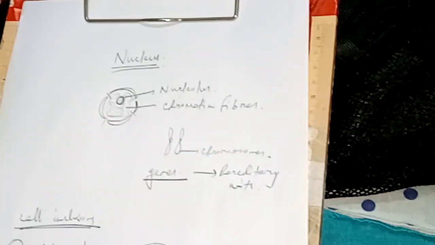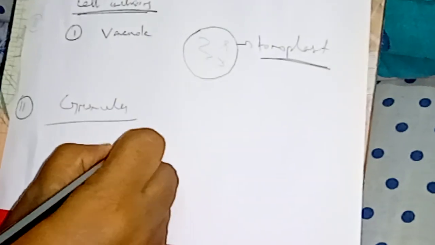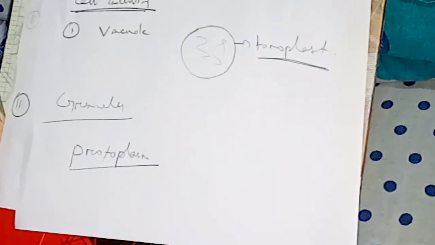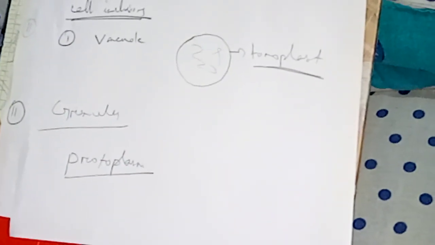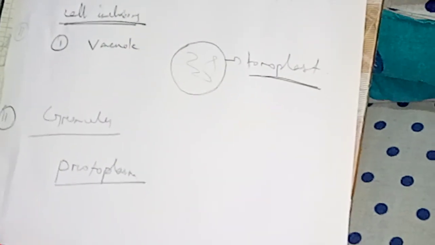And one more important thing is another term that you get, the protoplasm. What is protoplasm? It is the entire living content of the cell. The cytoplasm and the nucleus, all the total living content present inside the cell, forms the protoplasm. And this protoplasm consists of proteins, carbohydrates, fats and mineral salts. Along with it, water is also present.